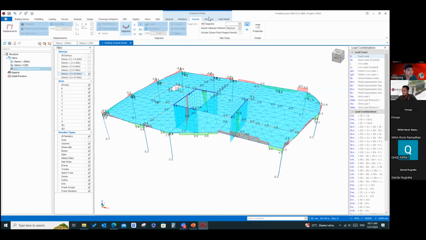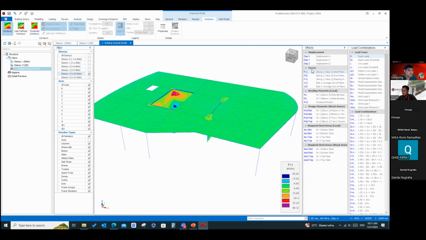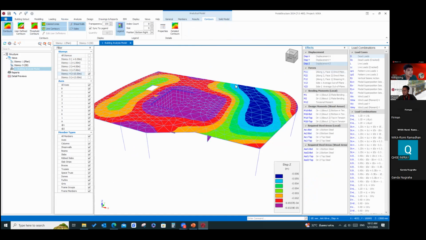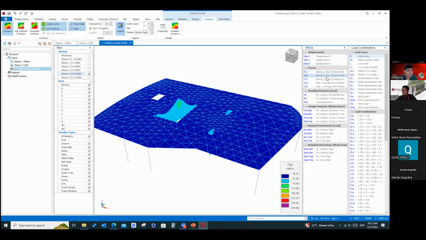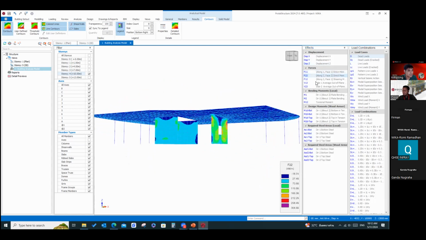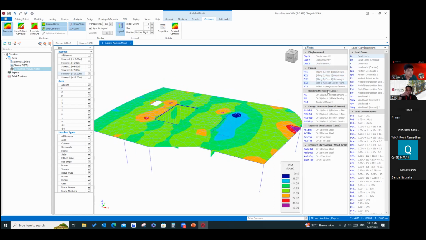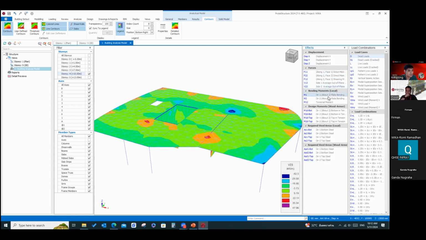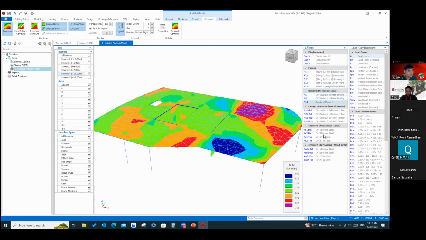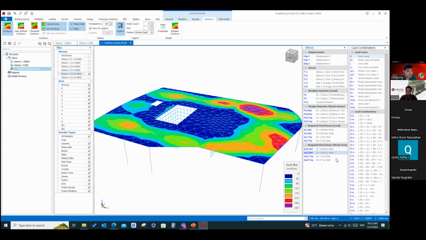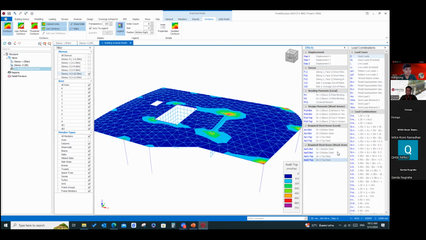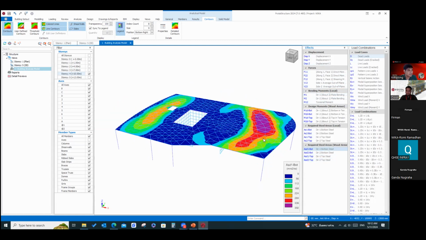Or you can check the contour like this, from the displacement and the force along the side, the shear on the panel, on the slab, the moment. See? Or you can check the rebar. This is the required rebar from the Wood-Armer design. It's already done. Okay?